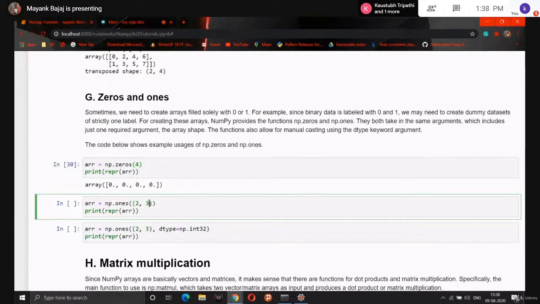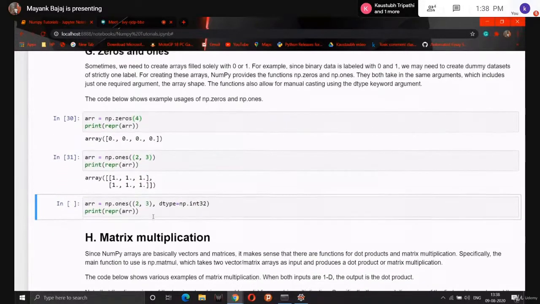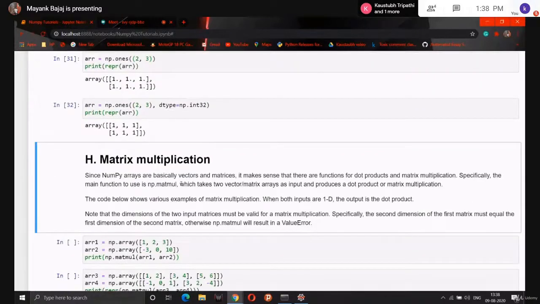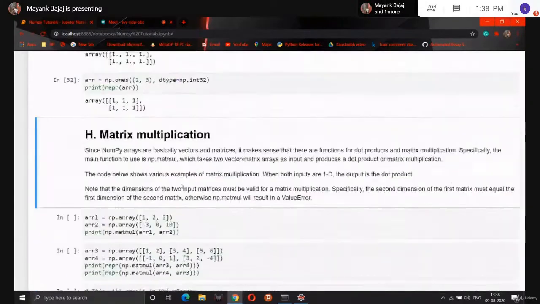So guys, let's run this part of code. You can see here we have 2 rows and 3 columns of ones, and all are of float type, because by default it prints the float data type. Now if you want the ones in integer data type, the additional argument we can set is dtype equal to np.int or int32 as per your choice. So let's run this part. Here you can see now the output is all integer data type. It does not contain float data type. I hope you are clear with this part, zeros and ones. How can we create arrays with zeros and ones?